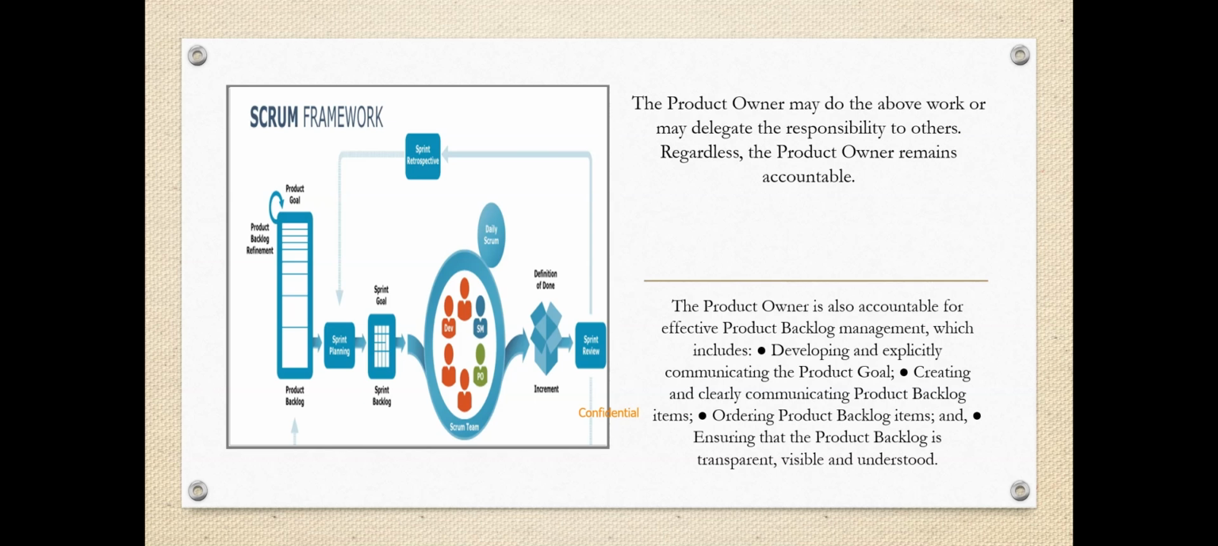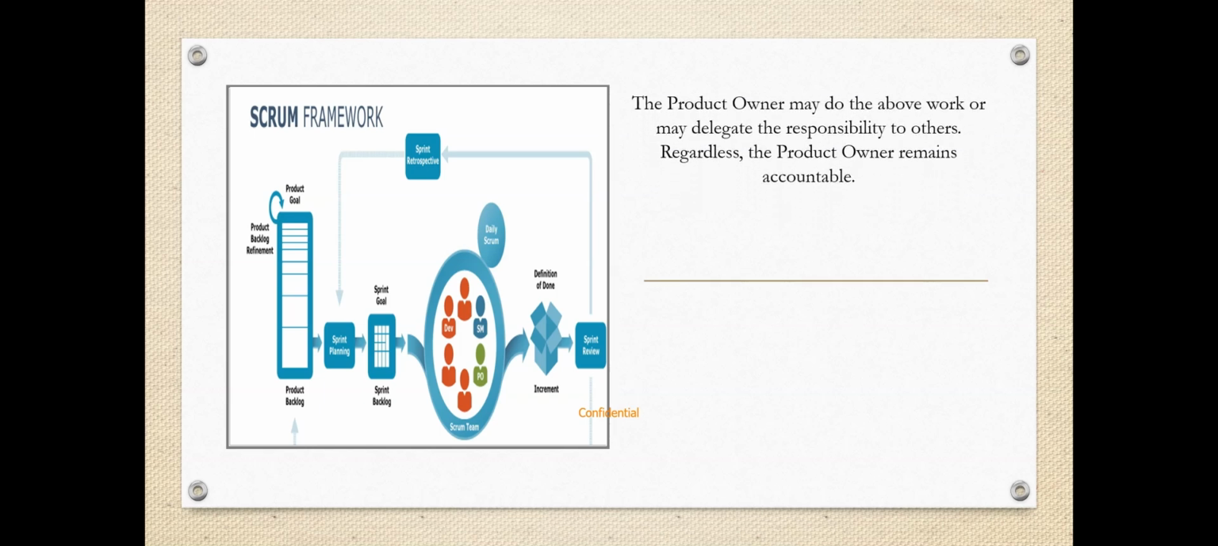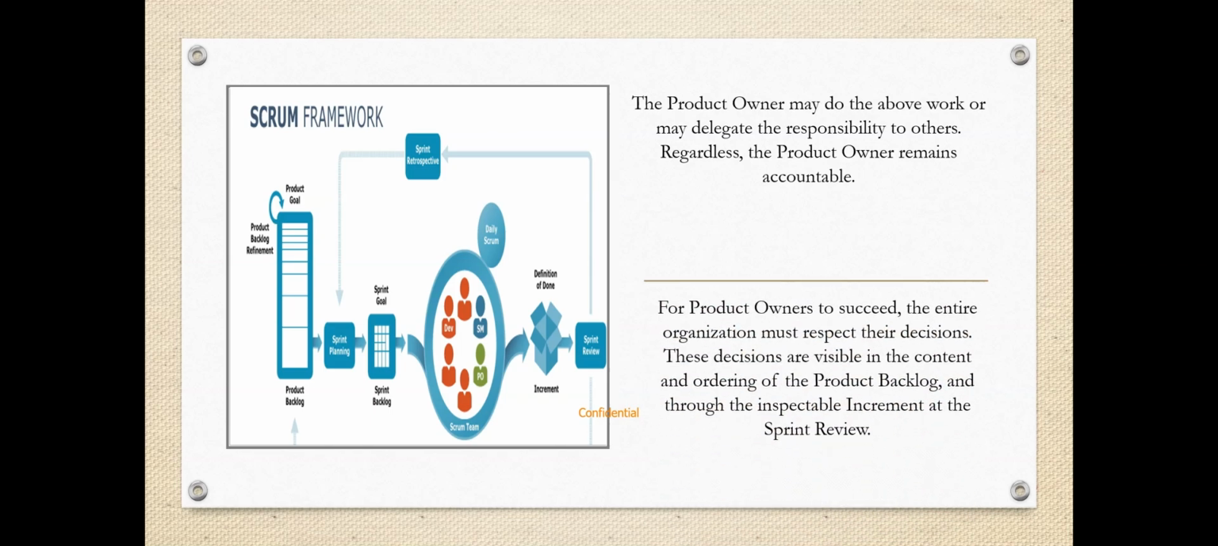and understood. The product owner may do the above work or may delegate the responsibility to others. Regardless, the product owner remains accountable. For product owners to succeed, the entire organization must respect their decisions. These decisions are visible in the content and ordering of the product backlog and through the inspectable increment at the